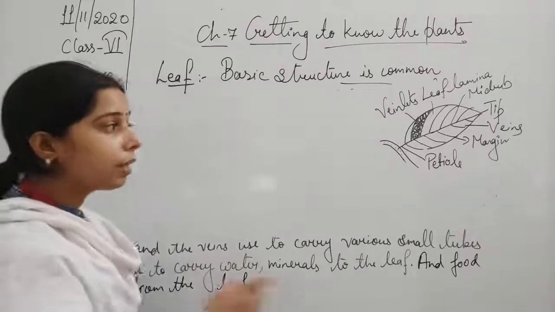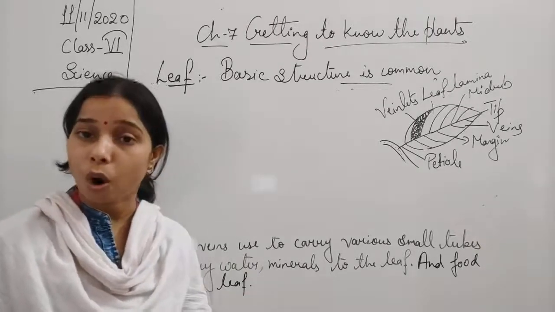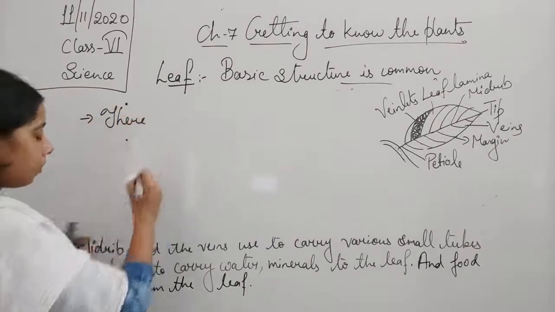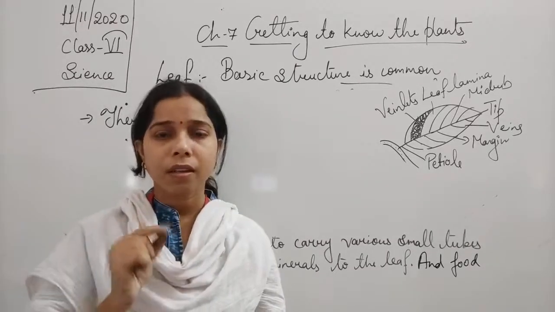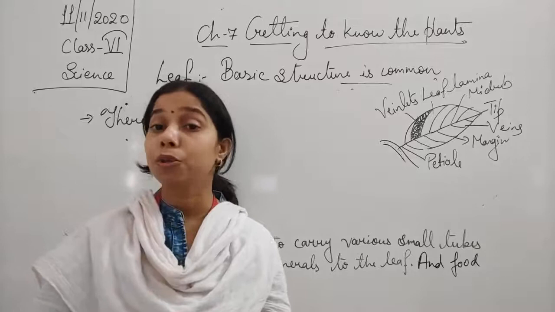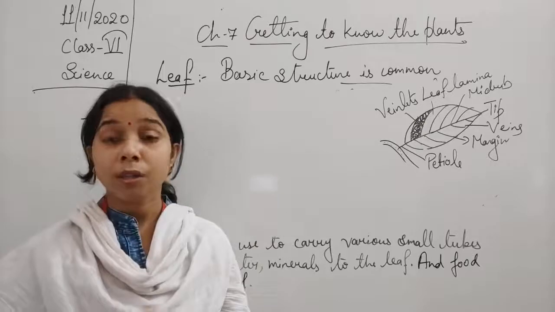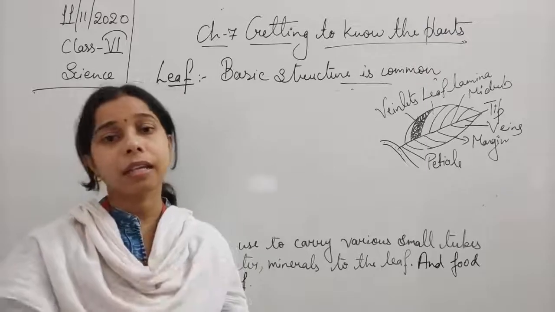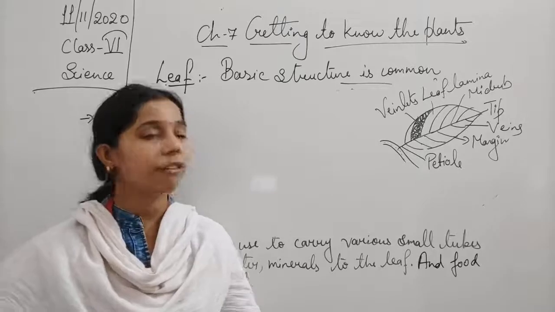Now, when you take this leaf and keep it under the microscope, what are the things that you are going to observe? You will see that there are very small, minute pores present here. These small, minute pores which are present over the surface of the leaf are known as stomata. It can vary with the plants also. In some plants it is present at the upper surface, in other plants it is present at the lower surface. But it is present at the surface of the leaf only.